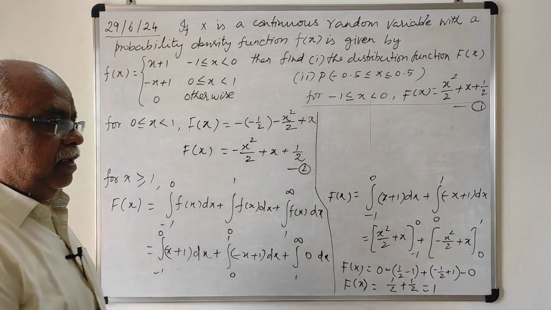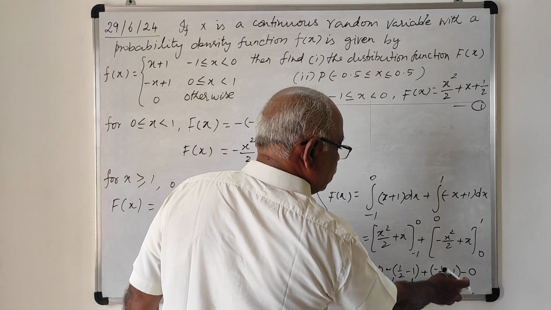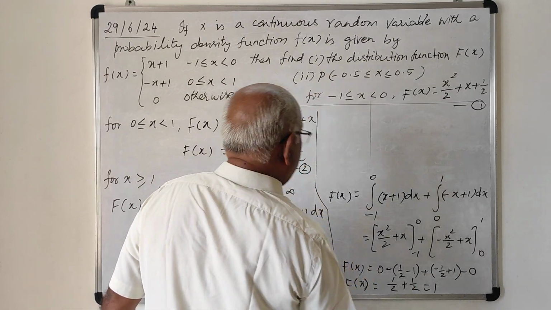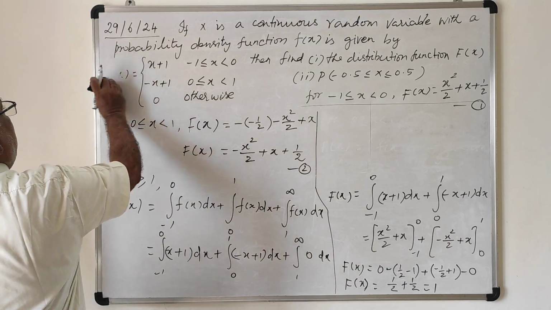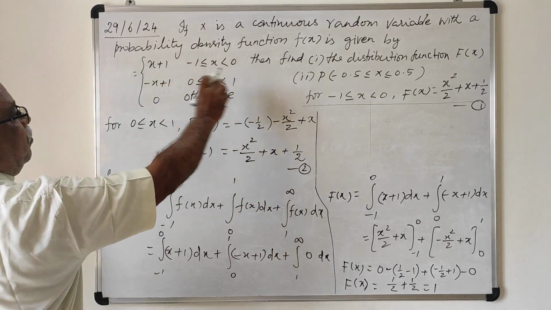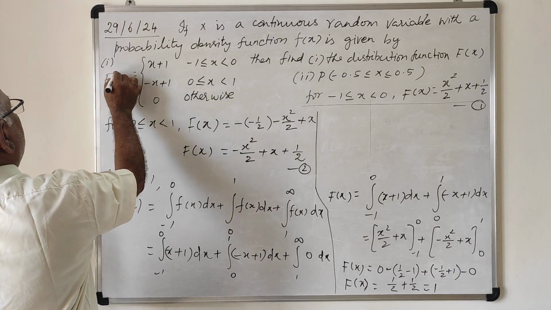Capital F of x is 1 by 2, minus into minus plus 1 by 2 plus 1 by 2, total 1. Therefore, our required function here, we want to find out the distribution function. Our first question is the distribution function, capital F of x equal to,